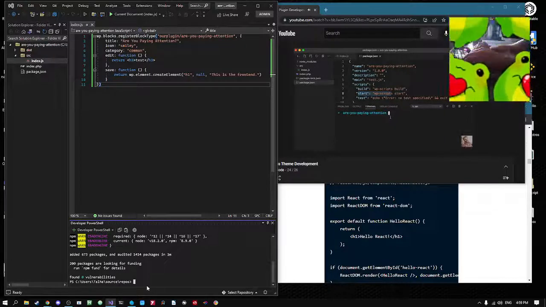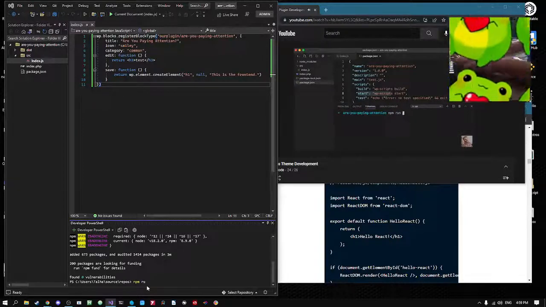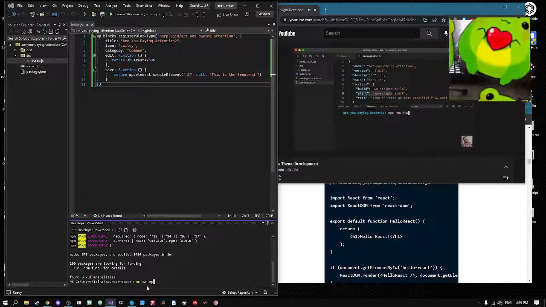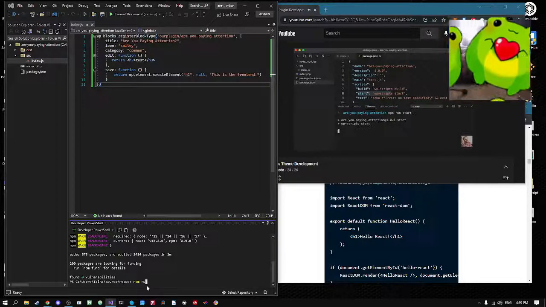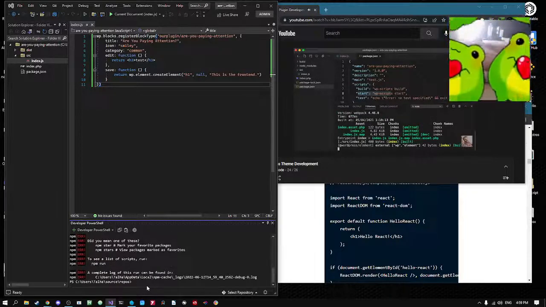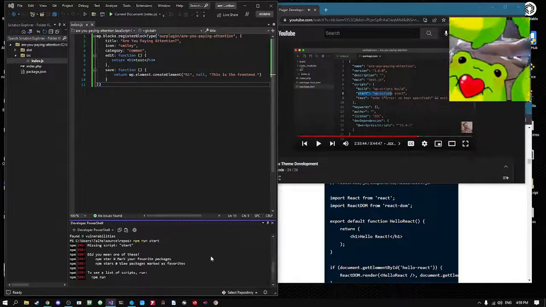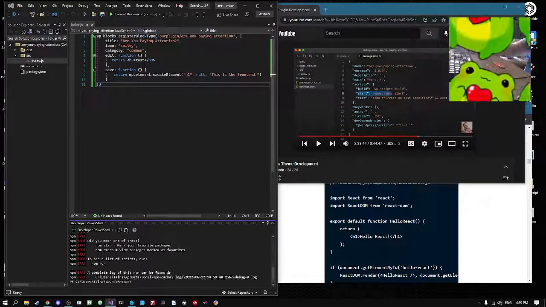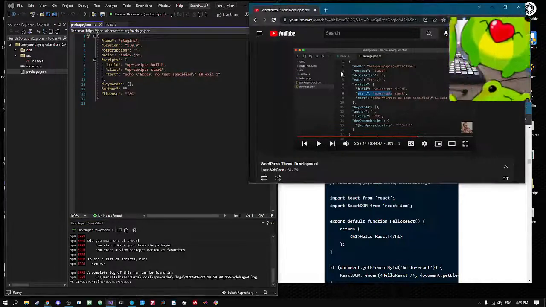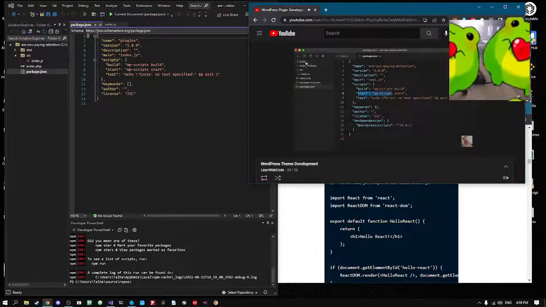So let's do this. We just say npm run and then the name of the script or command that we're interested in, which is start. So npm run start. Go ahead and press enter. Okay, and here's where things get interesting. Notice in our folder, we didn't create this folder named build. So the WordPress